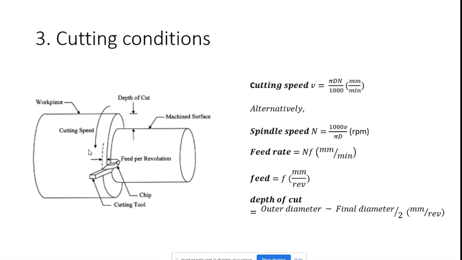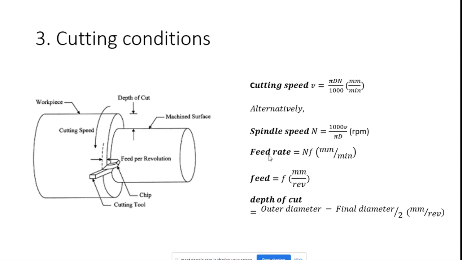In this diagram you can see cutting speed. Cutting speed means the speed at the workpiece surface due to rotation; the cutting speed is always read in mm per minute, and rotational speed is always read in revolutions per minute. So how can I calculate the cutting speed? Cutting speed is generally calculated as pi d n by 1000. The unit is mm per minute. The same speed can be read as the spindle speed. So spindle speed n is equal to 1000 into cutting speed divided by pi d. Here v is velocity and d is the diameter of the workpiece. From this I can calculate the RPM.